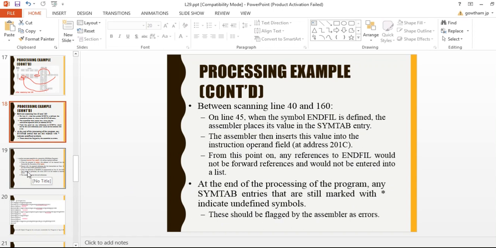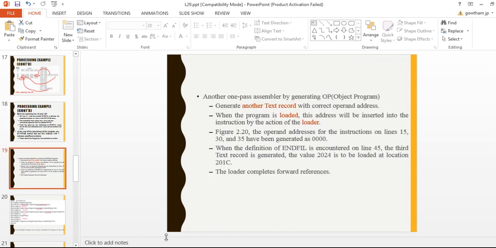Okay, the second type of one pass assembler generates the object program, same as the usual kind. In this case the object program will be generated. Generate another text record with the correct operand address.